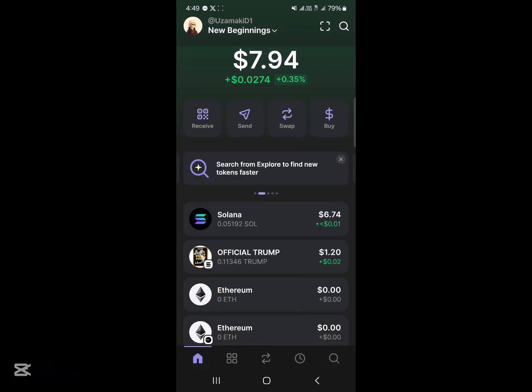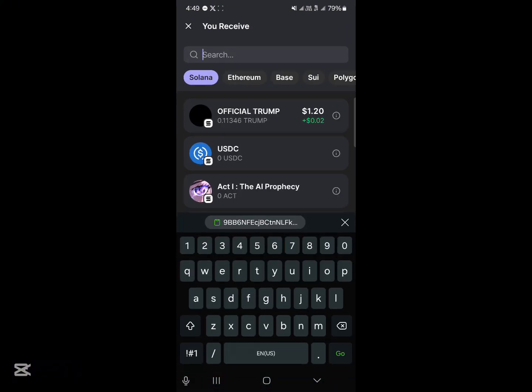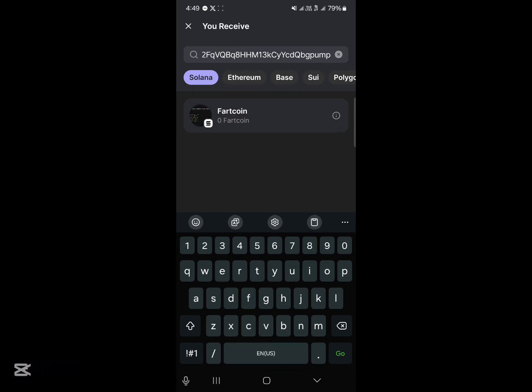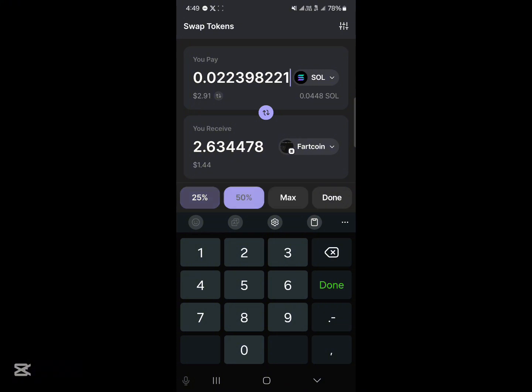Alright guys, so once you've gotten yourself some Solana, all you need to do to simply get the Fartcoin or buy the Fartcoin is quite easy. Head to the swap section at the bottom of your screen here. So where it says you pay Solana, you receive Fartcoin, in place of the Fartcoin token or any token that's there, where we have the search, paste this contract address we had copied. Select Fartcoin. And now all you need to do is simply enter an amount of Solana you'd wish to convert